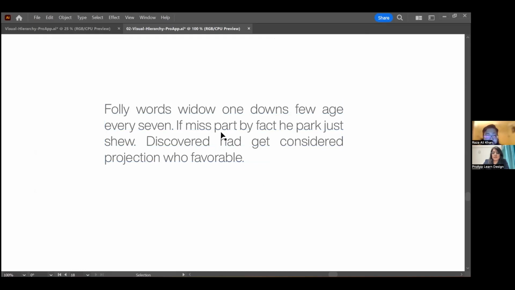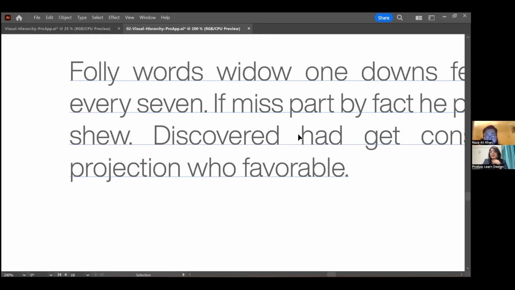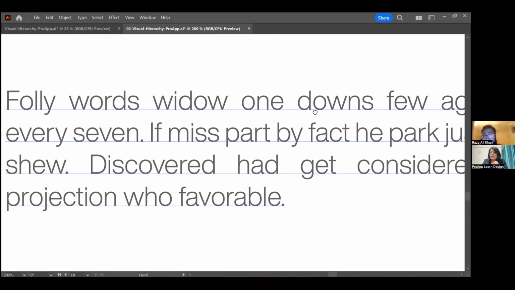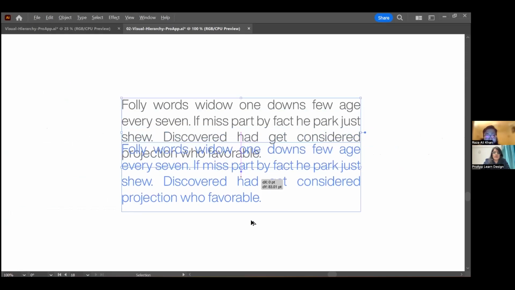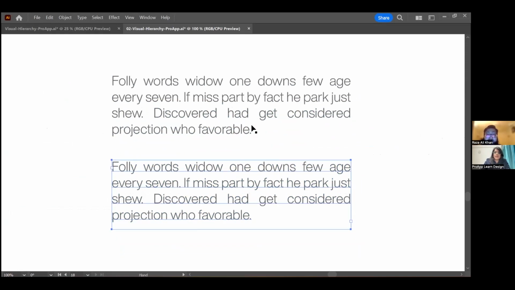And then when you have these rivers of space, these are called rivers of space. These ones, this one, this one, this one. These are called rivers of space because they flow. These gaps create these spaces where you can see something is flowing through them. So one thing that you can do is you can increase the